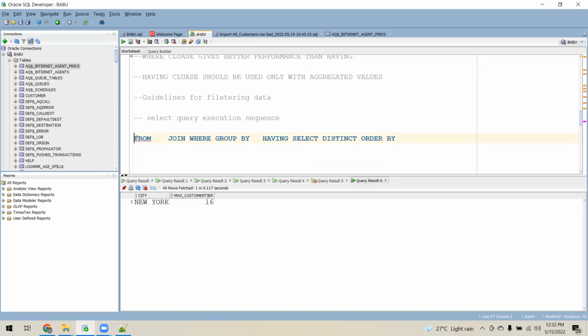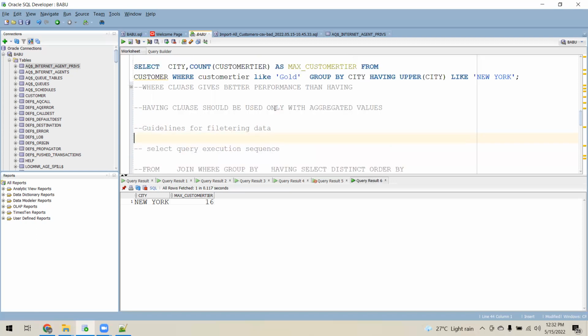Okay, I think with this we can wind up today's class. But these things are very, very important in the industry. You will be using most of these things. You need to practice it. Otherwise,